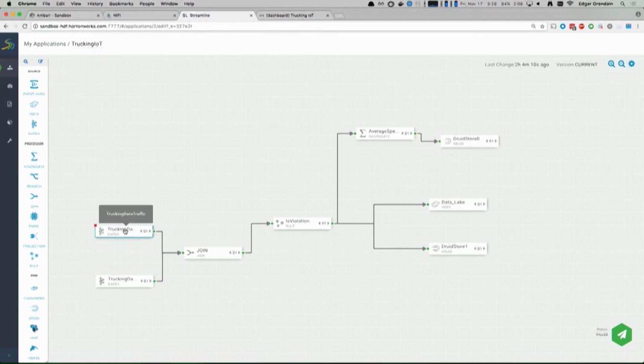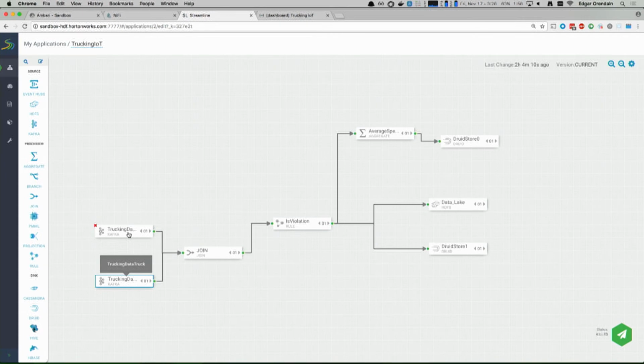So just to go over the logic, not necessarily to go over Streaming Analytics Manager itself, we're ingesting from the two Kafka topics that NiFi dumped data into. We're going to perform a join on the data.